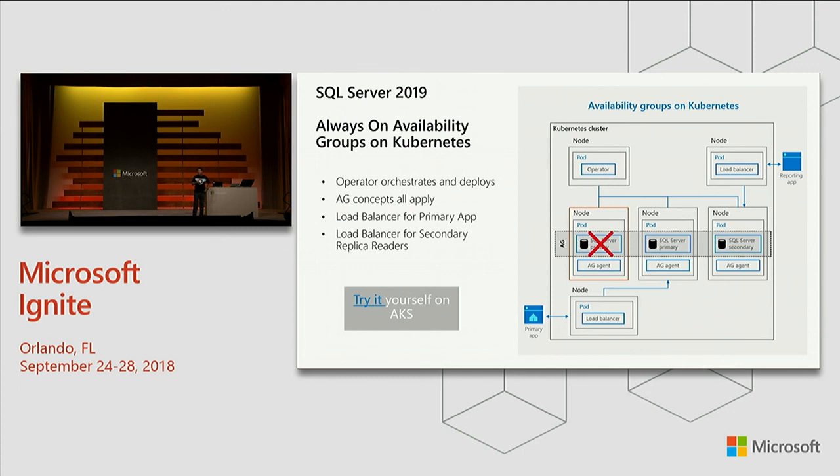And then notice at the top, I may have readers going to my secondary replicas. So the reporting apps hit the load balancer pointing to those secondary replicas. They're smart enough to get redirected to the new secondary when it comes online. I have a complete availability group system, highly available, with secondary readers, deployed by an operator with just a few